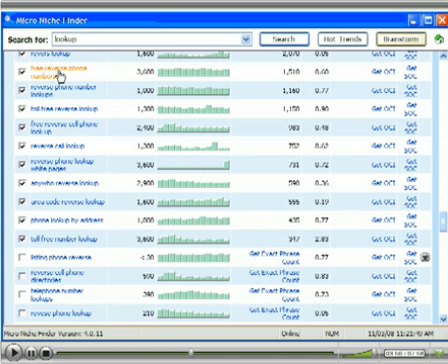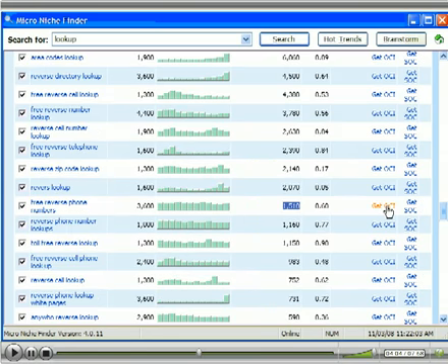Free reverse phone number. That's fairly low competition there. Reverse phone number lookup. Reverse phone lookup white pages. Here's another good one, reverse directory lookup. Only 4,500 competition. Once you find some terms that look pretty decent, you can also go to the right and